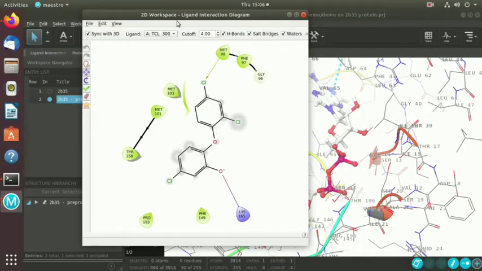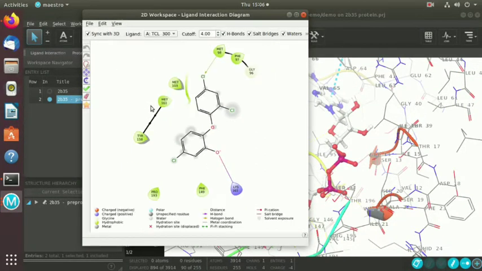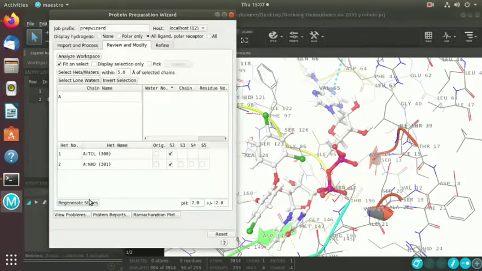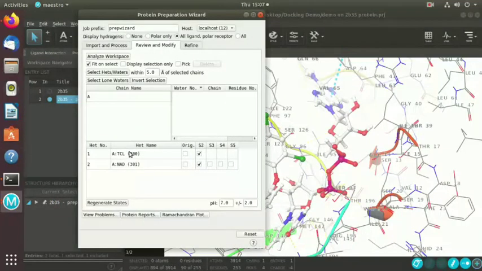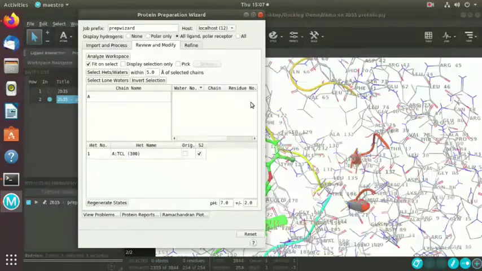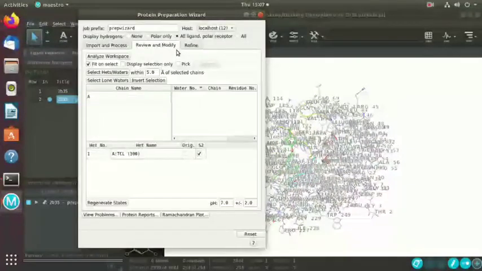The color of the bonds can be observed in this ligand interaction legend. This color indicates the salt bridge, and this color of bond indicates the halogen bond. By showing that, we can observe the distance also, and the distance of this salt bridge is 4.64. So these 2 interactions are shown by triclosan in the protein. Here I am keeping the co-crystal triclosan and removing NAD.